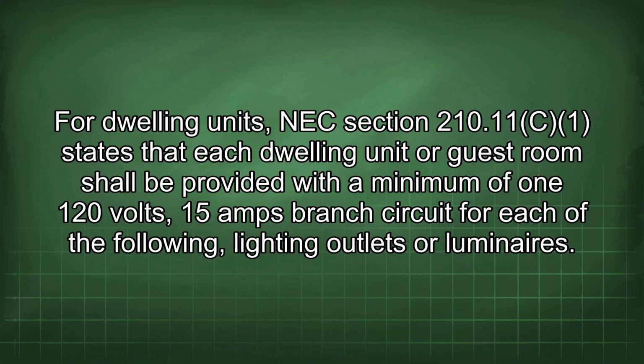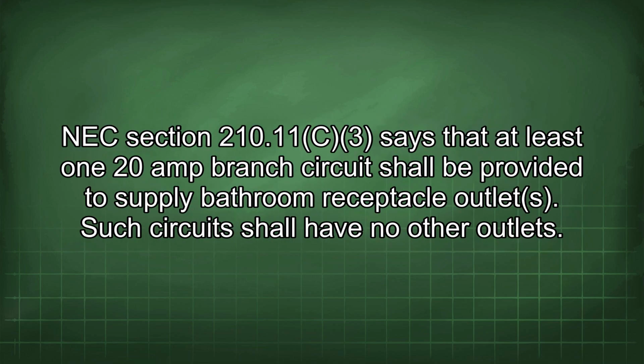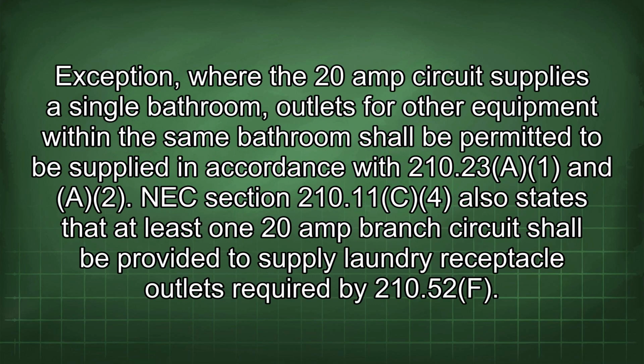For dwelling units, NEC Section 210.11 currently states that each dwelling unit or guest room shall be provided with a minimum of one 120-volt, 15-amp branch circuit for each of the following lighting outlets or luminaires. NEC Section 210.11(C)(3) says that at least one 20-amp branch circuit shall be provided to supply bathroom receptacle outlets. Such circuit shall have no other outlets. Exception: where the 20-amp circuit supplies a single bathroom, outlets for other equipment within the same bathroom shall be permitted to be supplied in accordance with